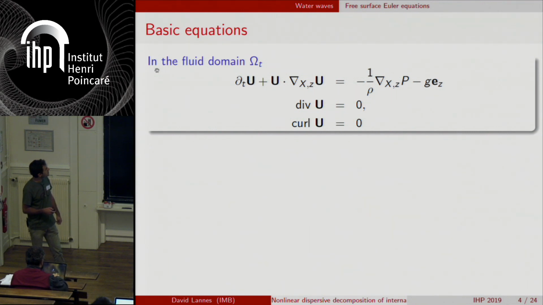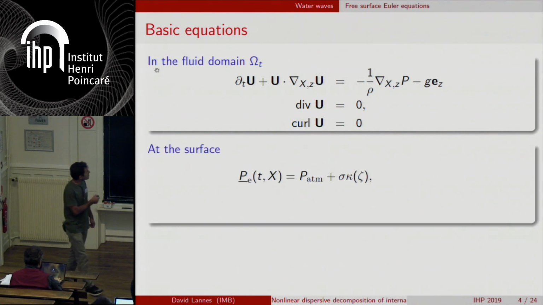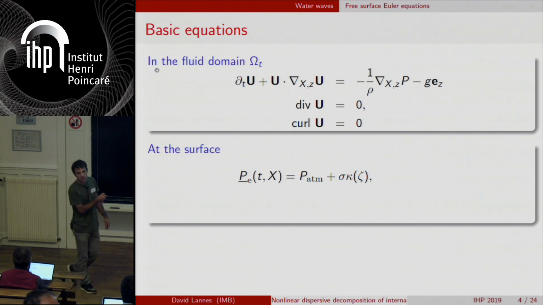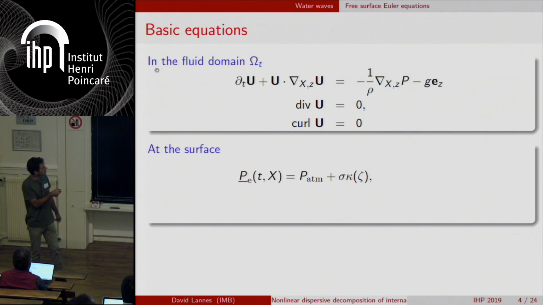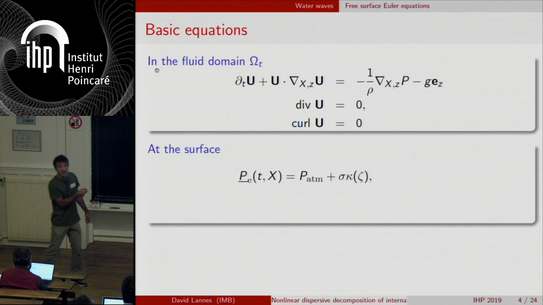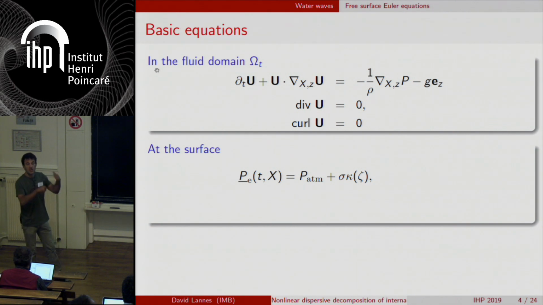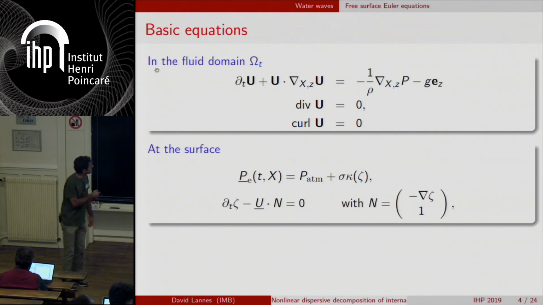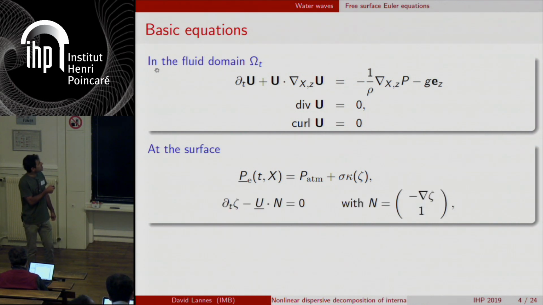You need some boundary conditions. So there is one at the surface, which is that the pressure at the surface is given by the atmospheric pressure, which we can assume to be constant, for instance, and you might have some surface tension terms. So I will comment on this surface tension coefficient later, which is essentially irrelevant for the propagation of surface waves, but which is necessary for the propagation of waves when you have two fluids, at the interface of two fluids. Okay? And you need the second boundary condition, which is a kinematic boundary condition, which states that